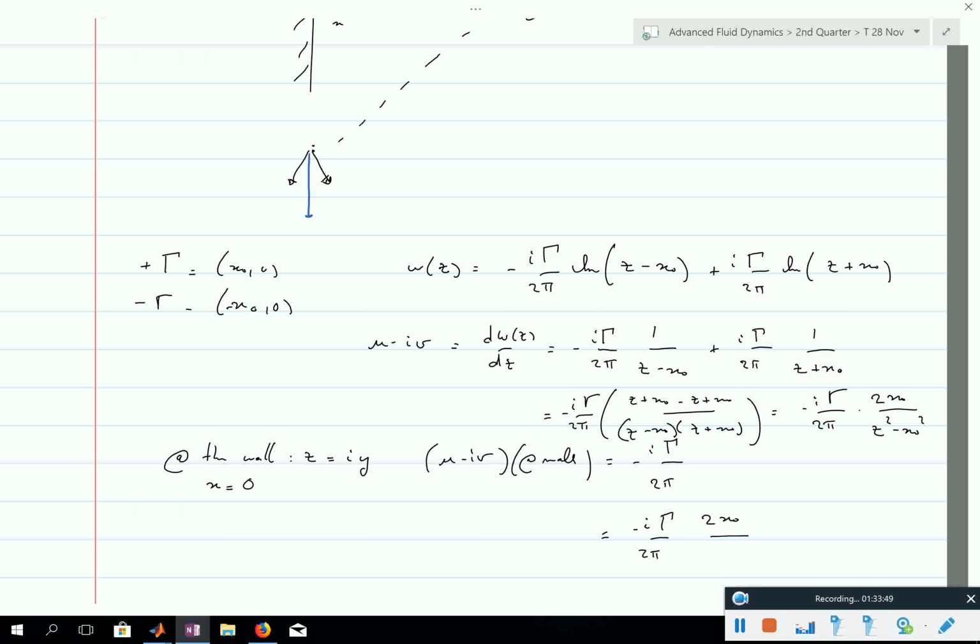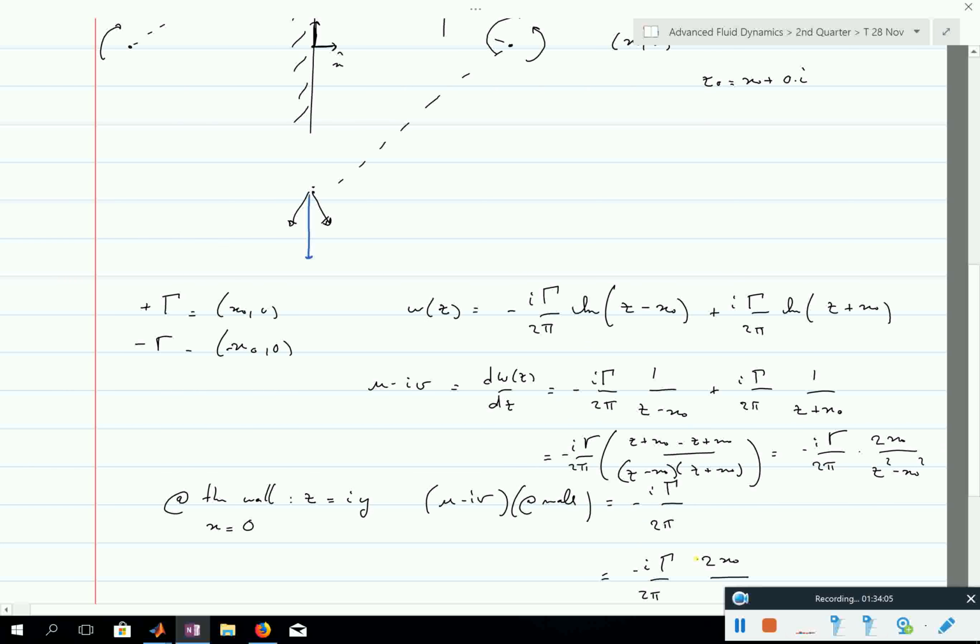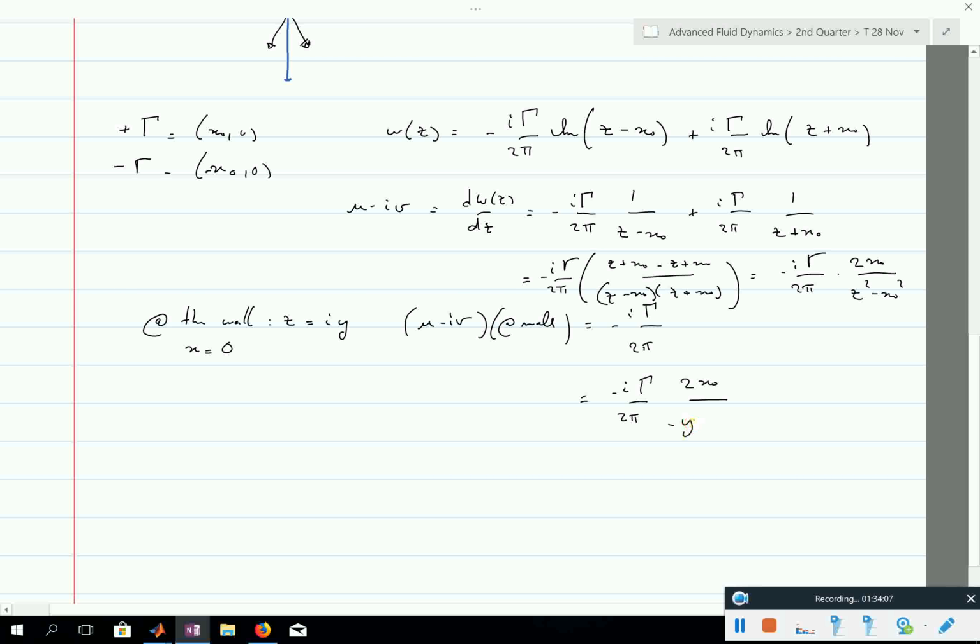Now at the wall, z is just iy. So what is iy squared? It's minus y squared. Yeah, i squared is minus 1. This is what you have to remember with complex numbers. So z squared at the wall is minus y squared, and I have minus y squared minus x naught squared. If I just rewrite it, this is i gamma x naught divided by pi times y squared plus x naught squared. This is my velocity field